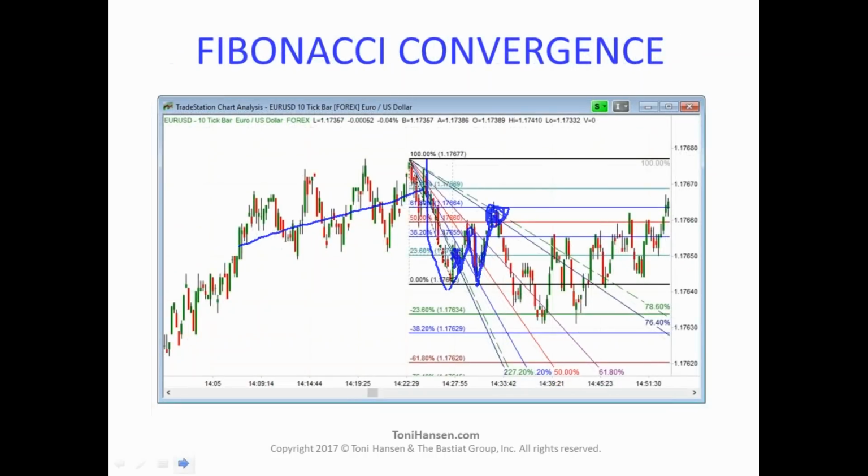a convergence. So we now have not only the retracement taking place and hitting resistance at that 71.8, but we also have that 76.4% level with the Fibonacci fan as well. And this convergence between using the retracement levels and the fan levels is going to be really important to help